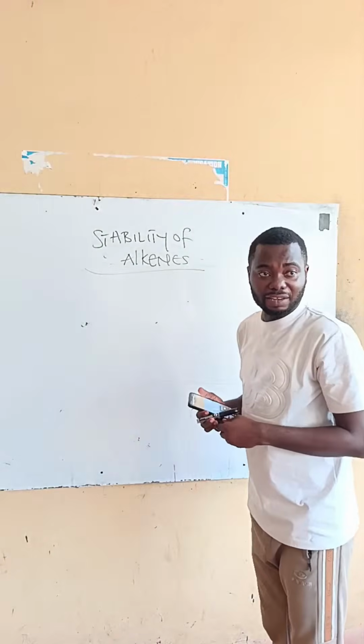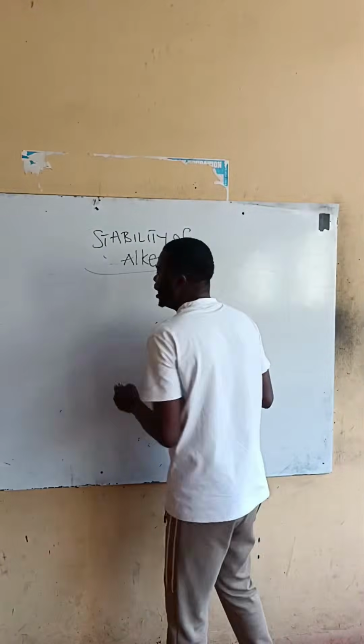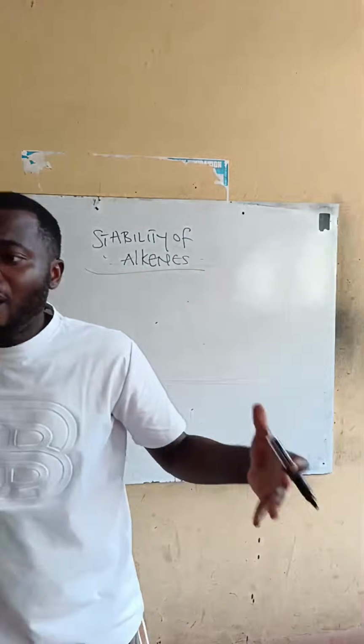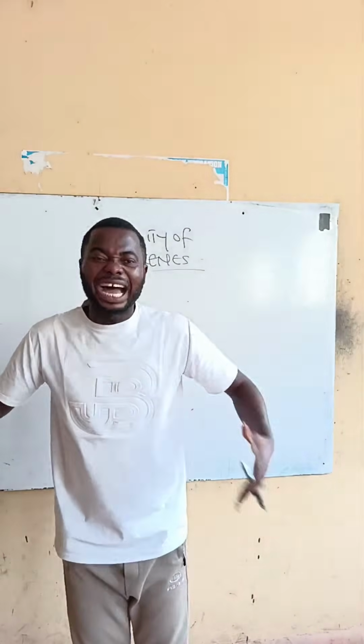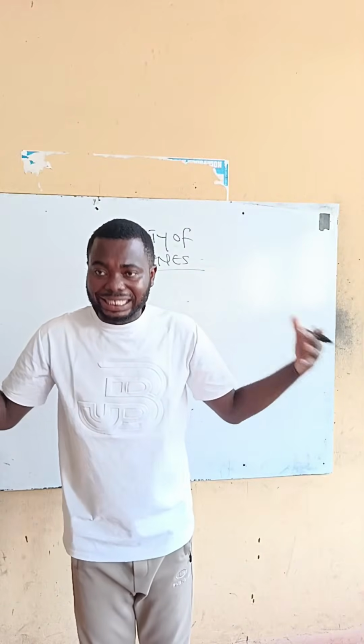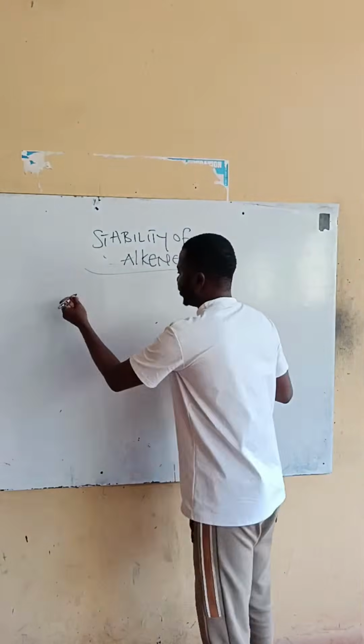They gave us several stabilities, and these are the stabilities. Number 1. The stability of alkene means which of the alkene is more stable. And what can make an alkene more stable is an alkene that has more substituted alkyl. What do I mean by that? For example,